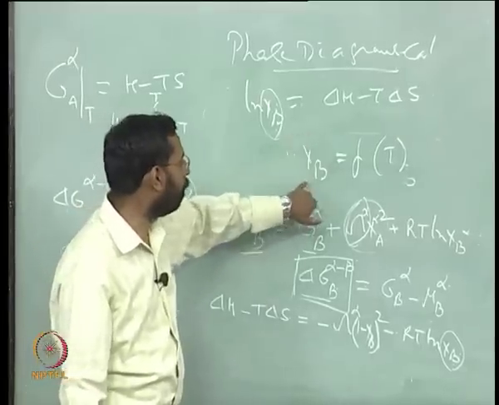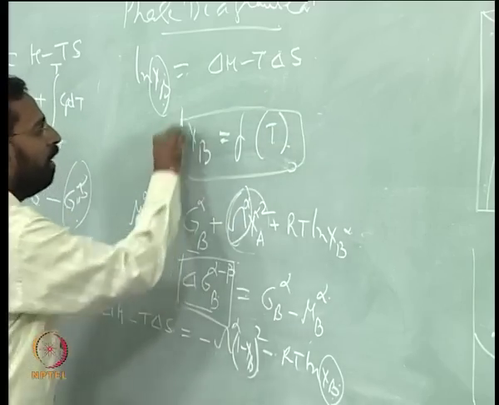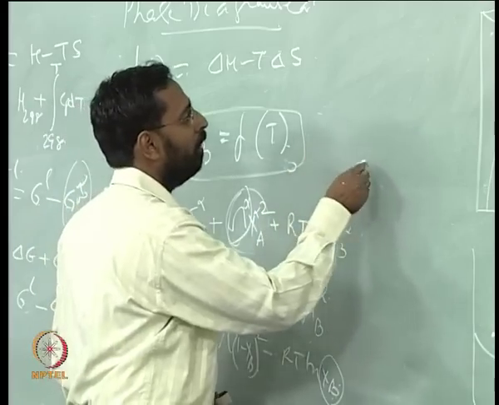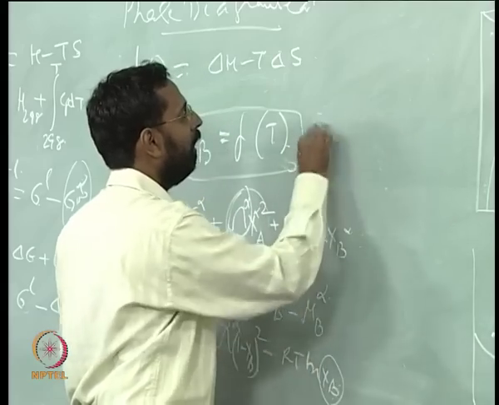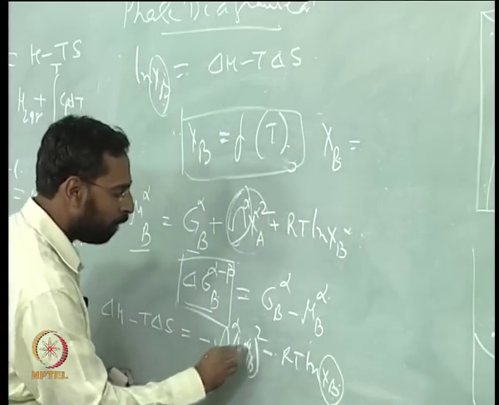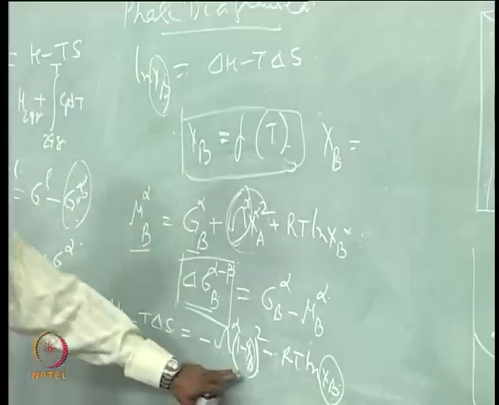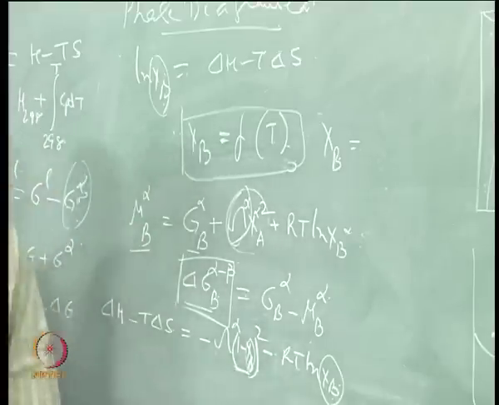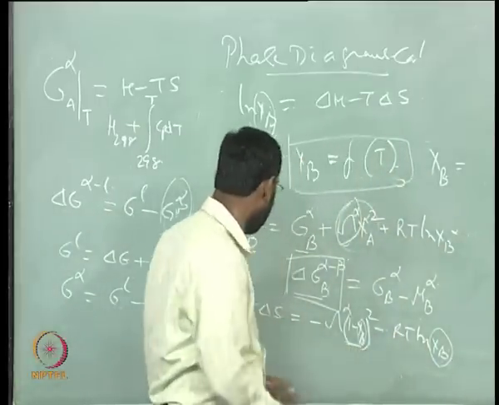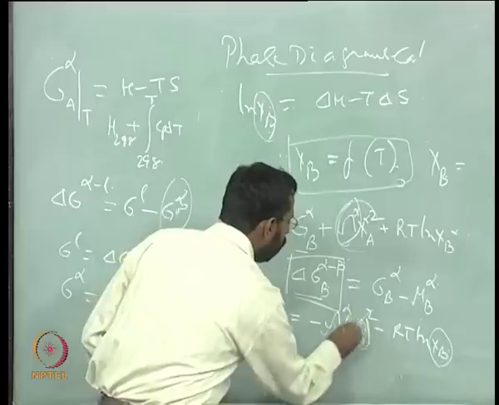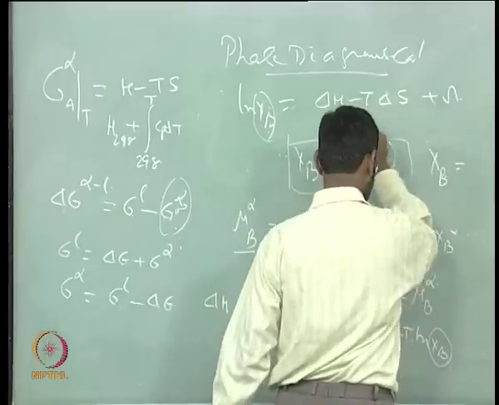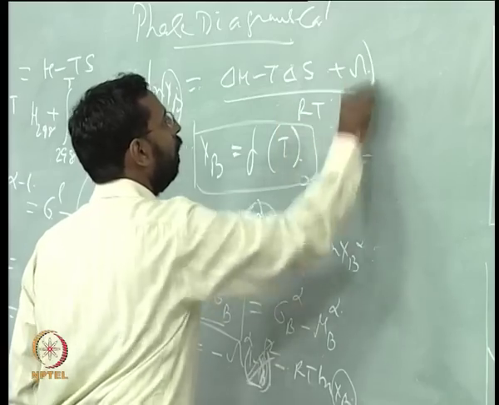Basically what you can see is how xb changes as a function of temperature, because temperature comes in the denominator. In fact, you will get a term which will be an exponential term. I can write the final expression for you. xb is equal to, for example, assume that xb is very very small. If you assume xb is very very small, this value will be taken as very small. That means the solubility is very small. If you consider that, then this will go off, and then this term will vanish, and you can take it this way. So, it will be plus omega divided by RT and minus of everything.